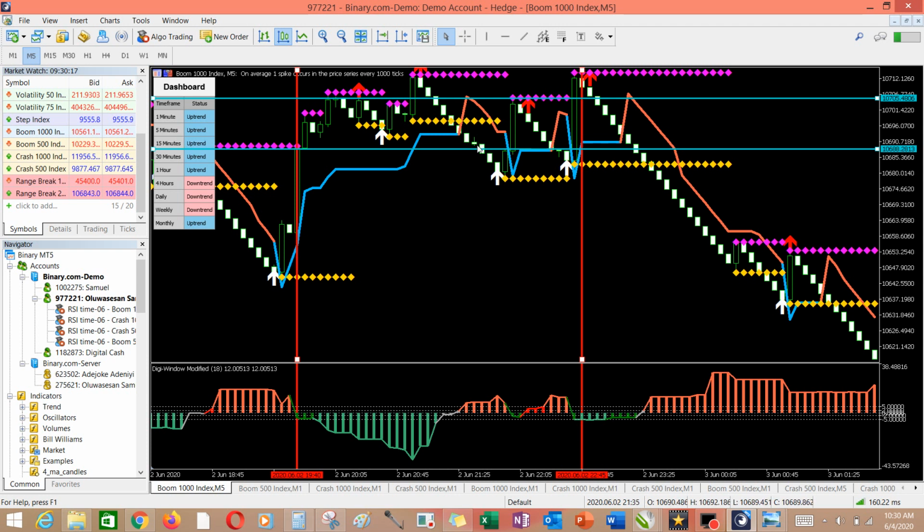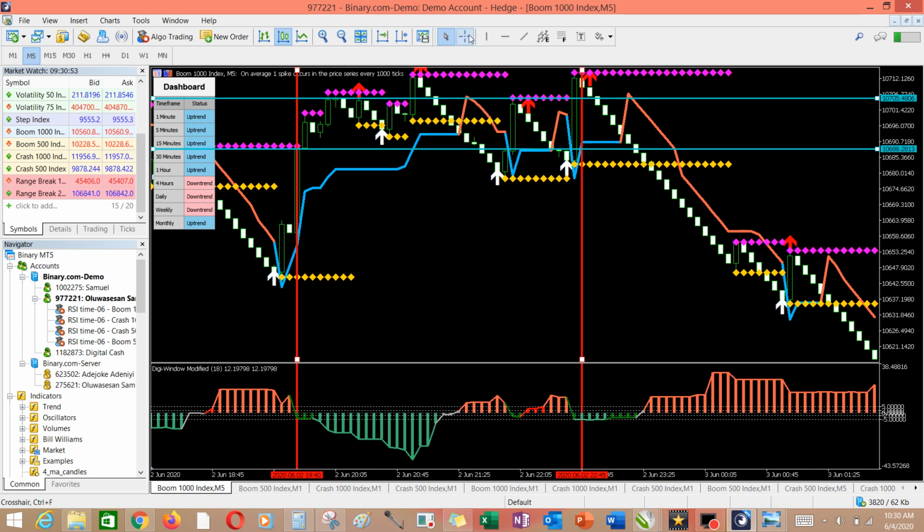You can use it to trade the spikes too. As it is getting to that level where it spiked up before, you place a pending buy order here, and once it picks it will spike up, and it is coming down again. You place the pending buy order there, it spikes up again. You are still waiting for it to see if it will break out the resistance level or the support level, but at last it broke out the support level, the general support level, and you can see it going down. And once it breaks out this general support level, it means it will go down for a very long time.